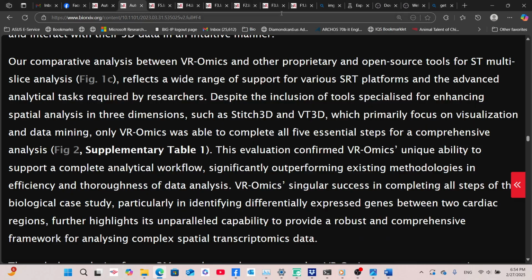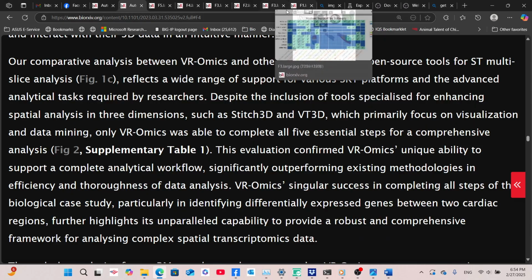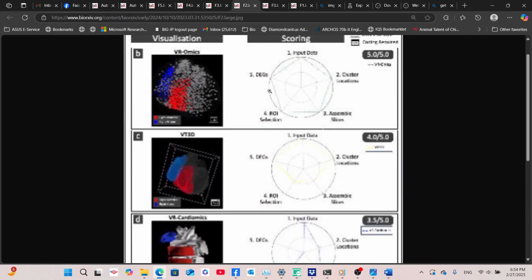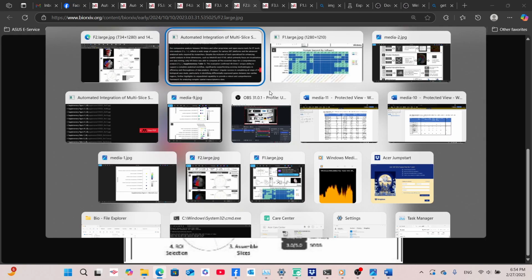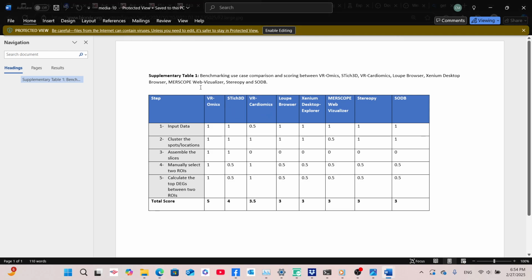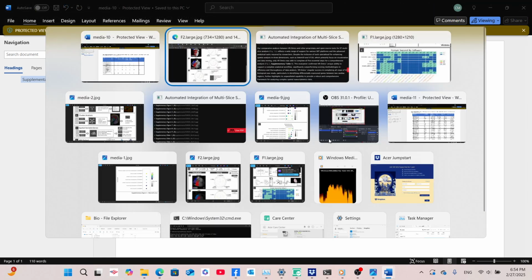This evaluation confirmed VR-Omics' unique ability to support a complete analytical workflow, significantly outperforming existing methodologies in efficiency and thoroughness of data analysis. VR-Omics' singular success in completing all steps of the biological case study, particularly in identifying differentially expressed genes between 2 cardiac regions, further highlights its unparalleled capability to provide a robust and comprehensive framework for analyzing complex